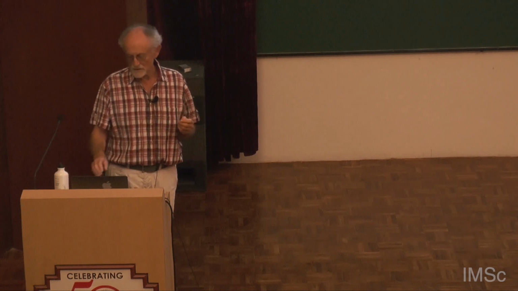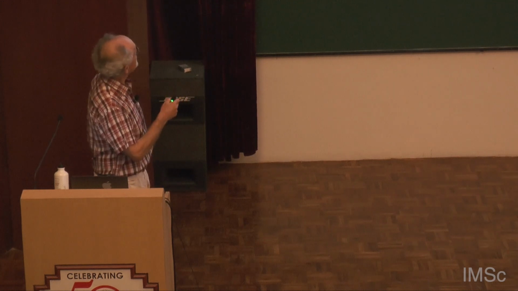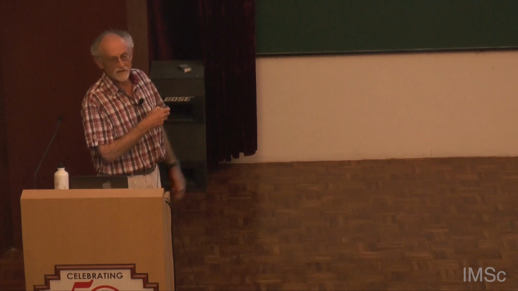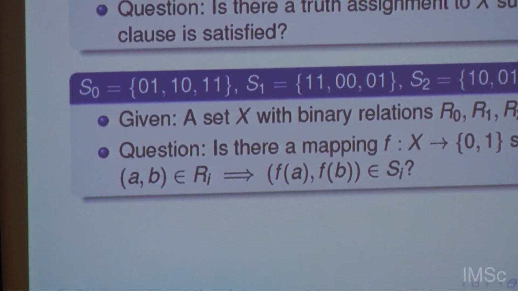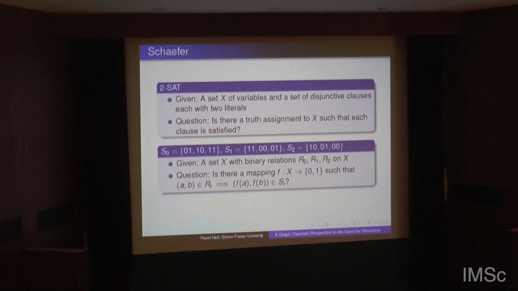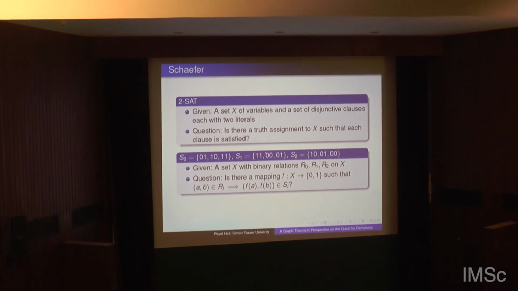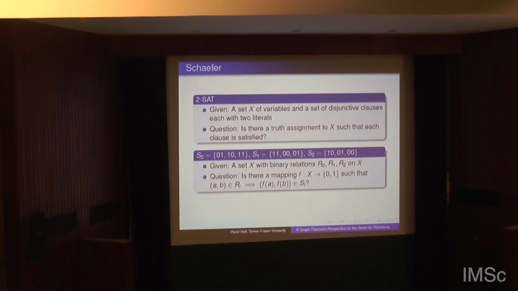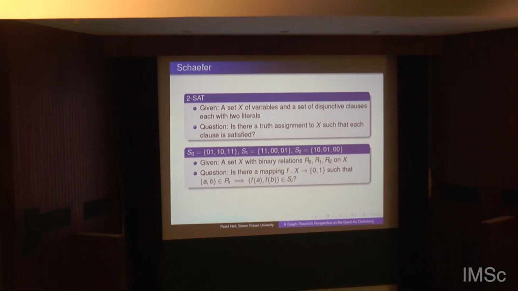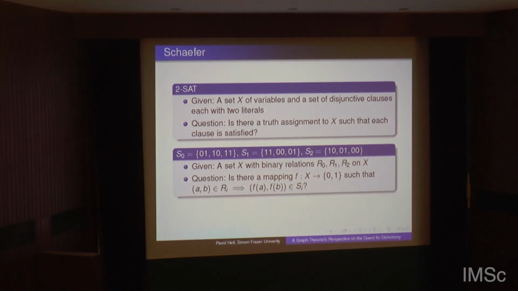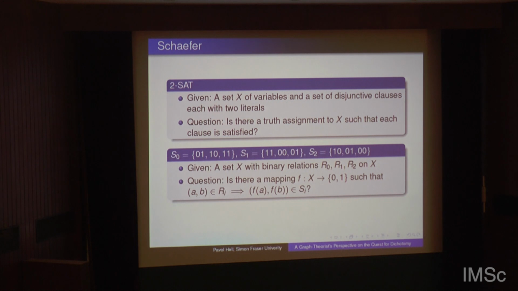Let's look at 2 SAT. Let's formulate 2 SAT in this language. Well, 2 SAT has the complication that there are negated variables. So I no longer have just 1 binary relation, but I will have 3 binary relations. The first one will correspond to pairs of variables in clauses which don't have any variable negated. It's allowed that the variables have values false-true, true-false, or true-true. Those are the 3 pairs of values that the variables in an unnegated clause can have. If the first variable is negated, then I just change those first bits to the opposites. And if both variables are negated, then I flip all the bits. What if the second variable is negated? Well, the clauses are symmetric. You just flip them, and then you use one of these